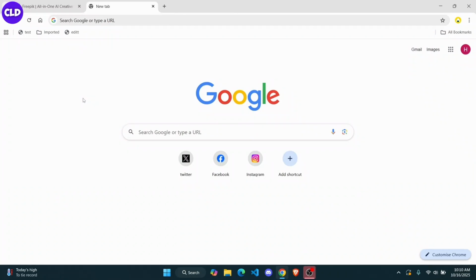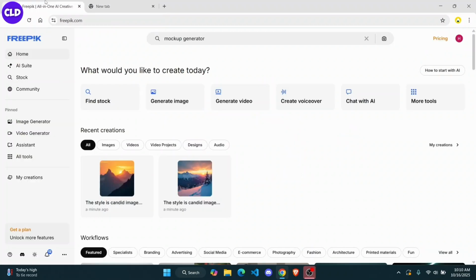So the very first thing you want to do here is go to your web browser and then search for Freepik. Make sure that you log into your account. As you can see here, I'm already logged in. Now the Mockup Generator is something that you can use to create stunning products in seconds, and you don't even need any Photoshop skills. So what you need to do is go to